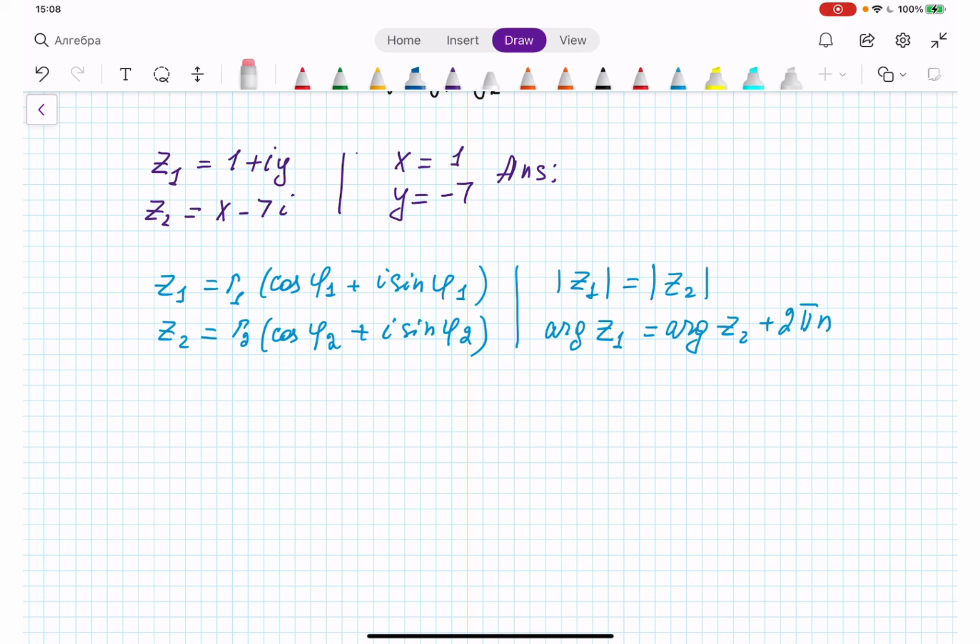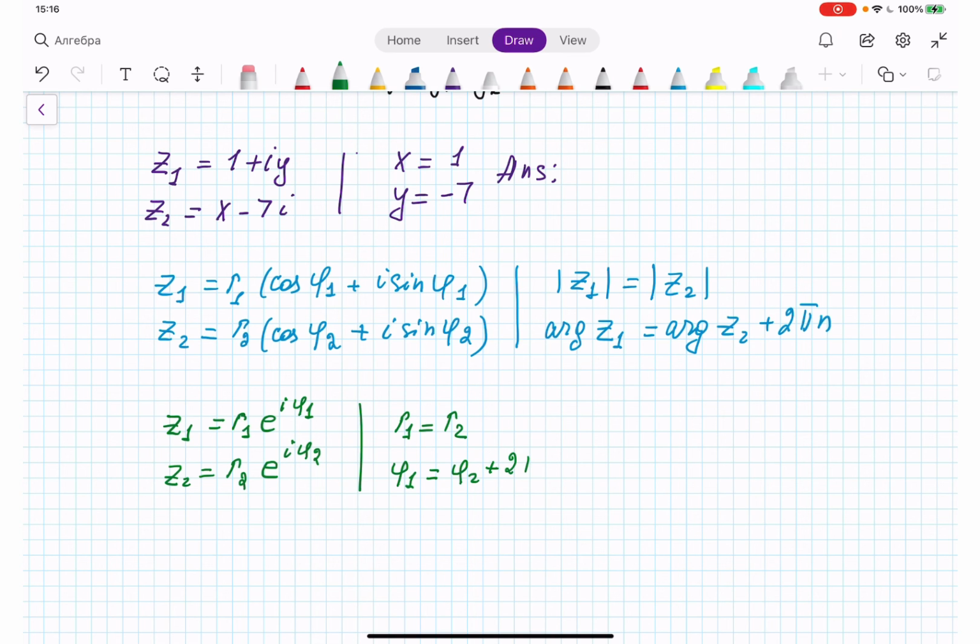Likewise, for the exponential form. If we have z1 equal to r1 times e to the power i phi1, and z2 equal to r2 e to the power i theta2, right? Then these two complex numbers are said to be equal if r1 is equal to r2 and theta1 is equal to theta2